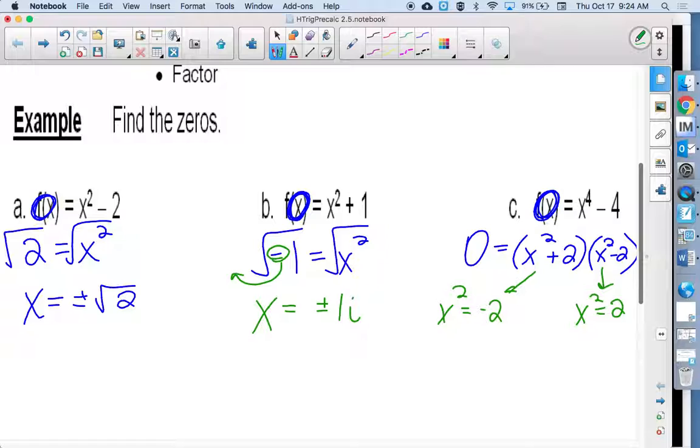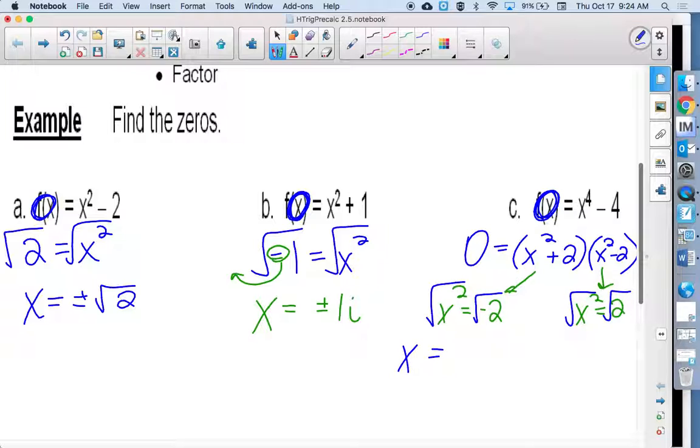So once you have it broken down to x squared, you don't necessarily need to factor further. You can just solve for x squared. So the first one I took the negative 2, and the second one I have the positive 2 on the other side. So again, taking the square root,